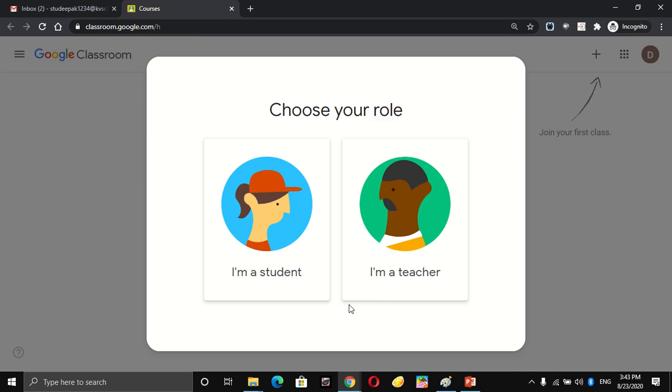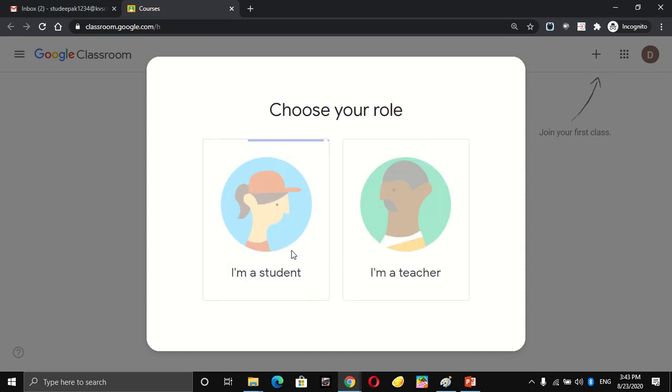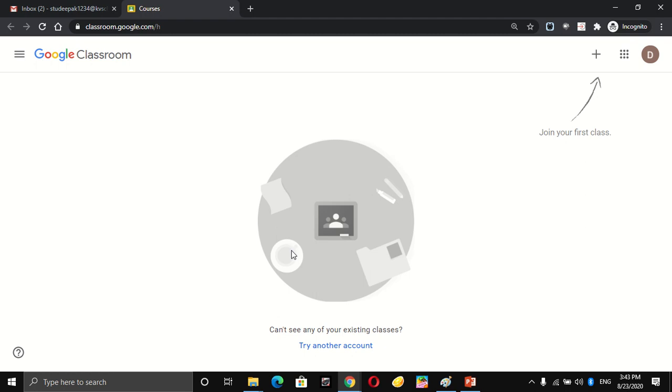Now it will ask you whether you are a student or a teacher. So we have to click on I am a student. Please do not click on any other option, otherwise your account will be suspended.